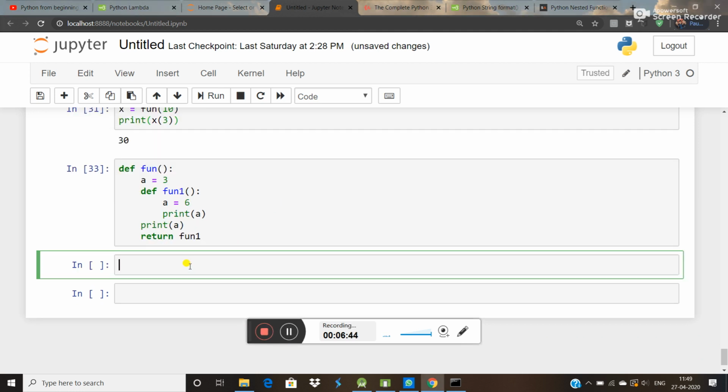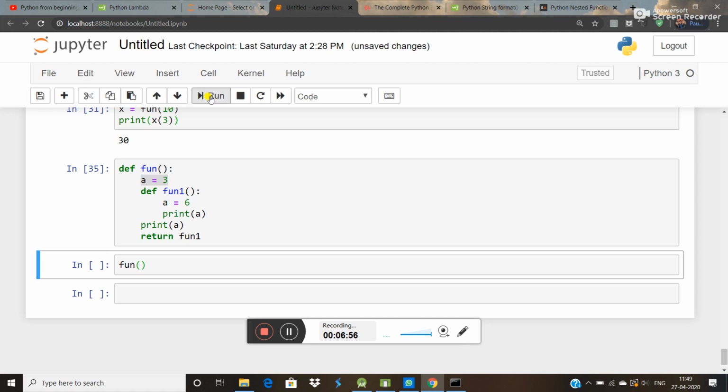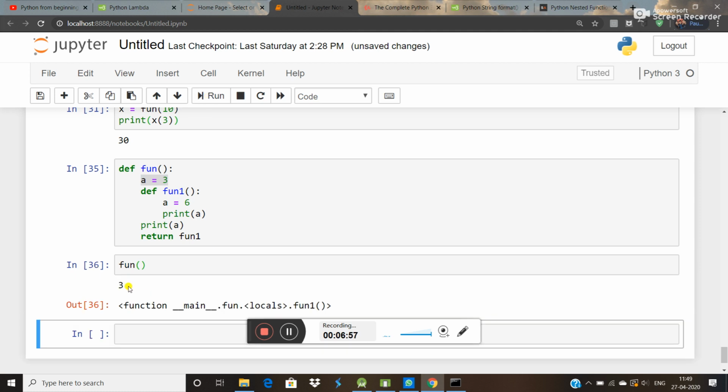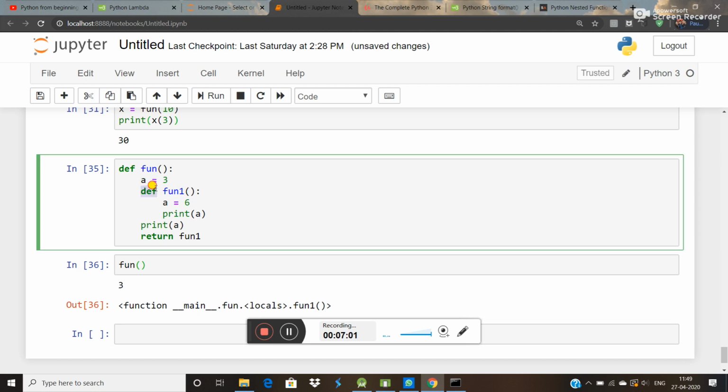Now execute this by calling this function. What do you think the output is, 6 or 3? Let's see. So this is 3, because in the inner function we can only use this variable, we can't change it. This is a property of nested functions.